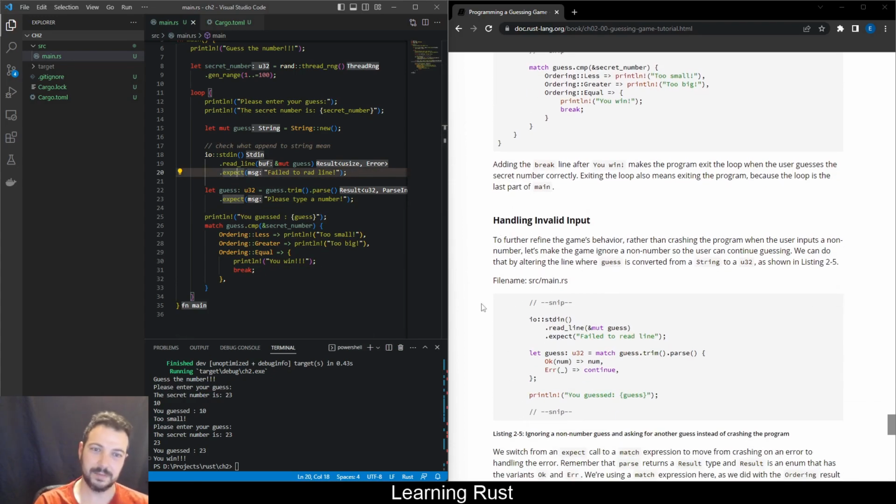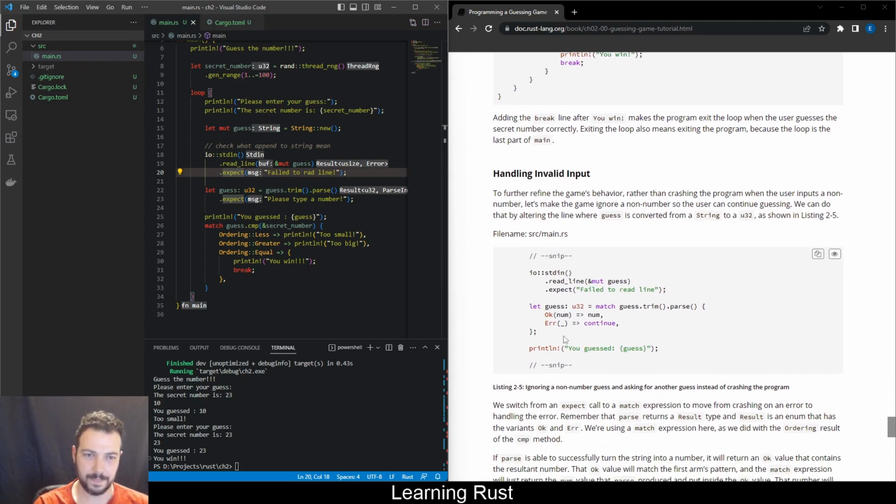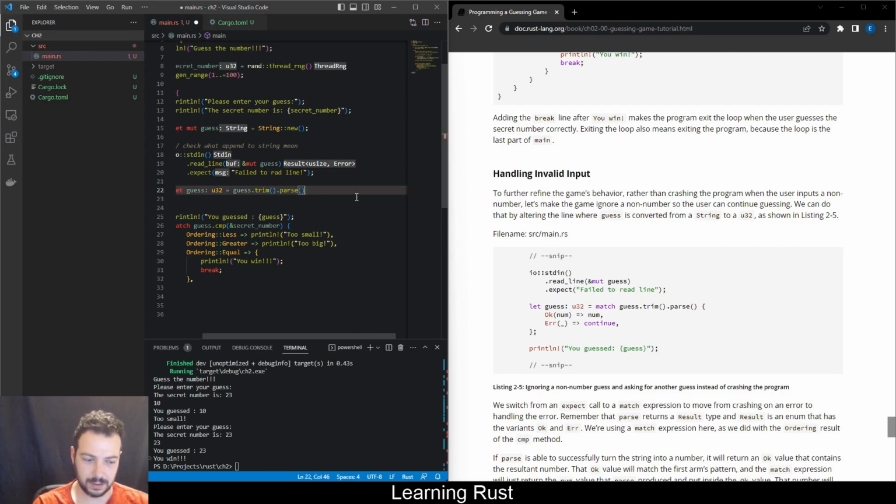Handling invalid input, yeah, makes sense. To further refine the game's behavior, rather than crashing the program when the user inputs a non-number, let's make the game ignore a non-number so the user can continue guessing. We can do that by altering the line where guess is converted from a string to a U32, as shown in listing 3.5. Okay, so I think this is it. Let's guess trim parse, and then instead of this expect, we're opening